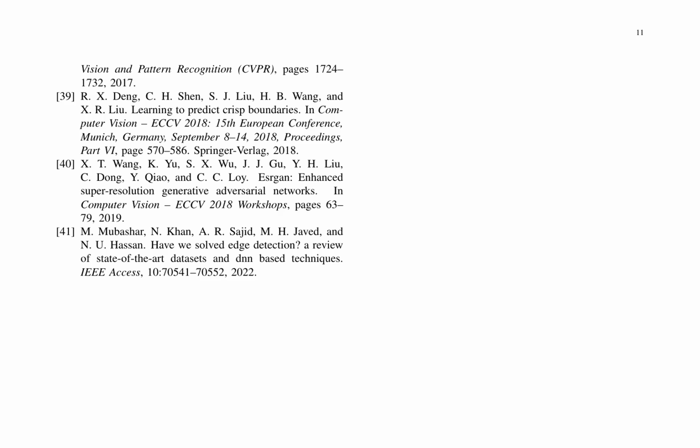The authors of the research paper cite several relevant works in the field of computer vision and image processing. Specifically, they reference Deng et al.'s paper, 39, which focuses on learning to predict crisp boundaries, a crucial aspect of edge detection. This work is relevant to the current research as it explores the importance of boundary prediction in image processing tasks. Additionally, the authors cite Wang et al.'s work, 40, on enhanced super-resolution generative adversarial networks, ESRGAN, a state-of-the-art method for image super-resolution. This reference highlights the connection between edge detection and image super-resolution, as both tasks require accurate